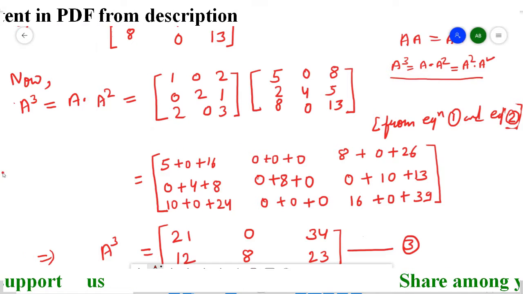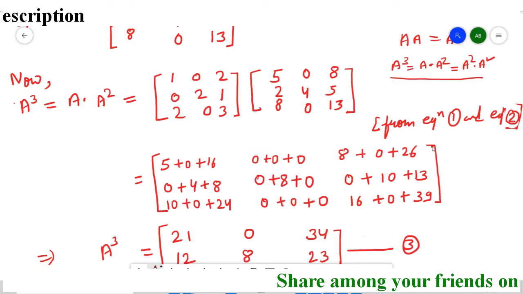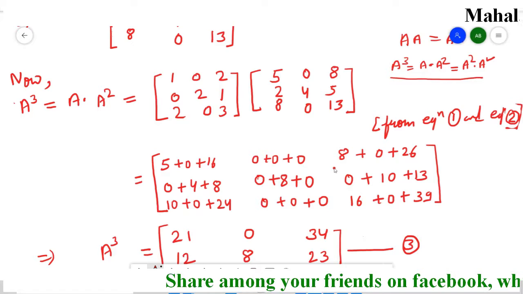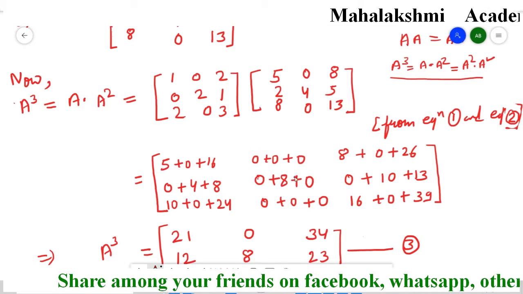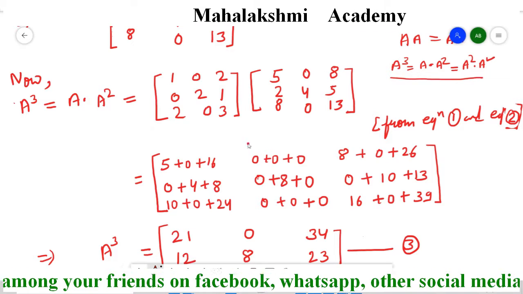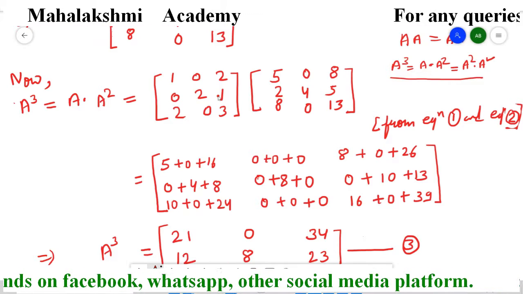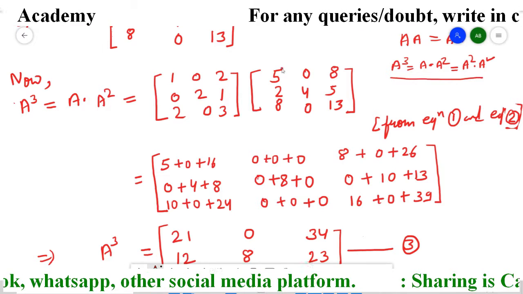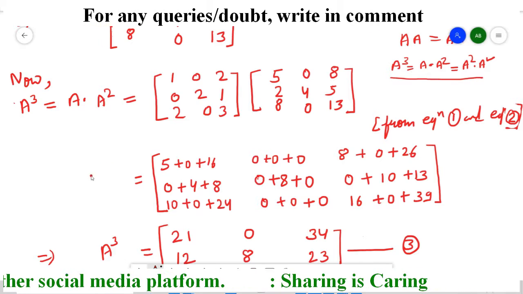Like I am just doing any one term roughly here. Let's see how to do roughly. Suppose I want to know this term's calculations. This is the place of A22. A22 means second row, second column. So this is our second row. From first matrix, row we have to select, and from second matrix, column we have to select. So second row and second column. For this I am just explaining how to calculate.